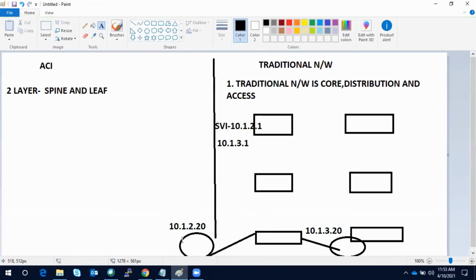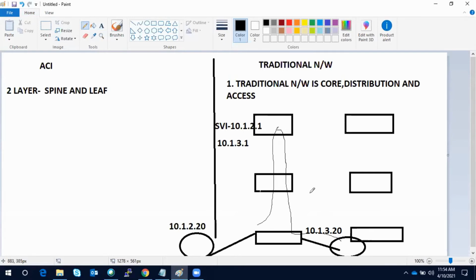Now, if 10.1.2.20 wants to talk to 10.1.3.20, it has to go all the way to the core layer. Here the routing lookup will happen, and then it will come again to that access layer switch, and then the packet will be forwarded to this server. And what is the challenge there?